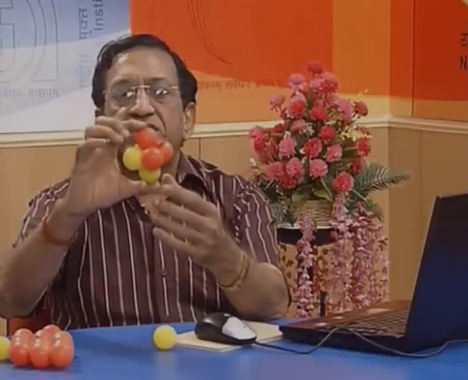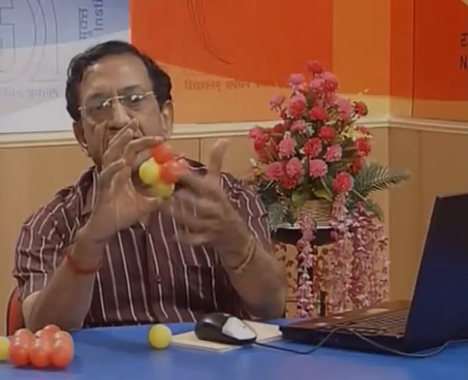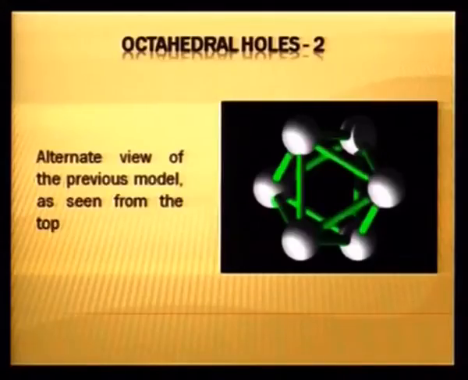It is surrounded by 6 spheres, 3 yellow, 3 orange color. Shape of this void can be seen if we change the orientation like this. In this orientation, 4 spheres are in the same plane. They make a square. 1 sphere above this, 1 below this. If we join these top and bottom to corners of the square, we get a regular octahedron. Therefore, the name of the void is octahedral void. So, this void has been shown in the slide here. You can see the same arrangement of 6 balls here,